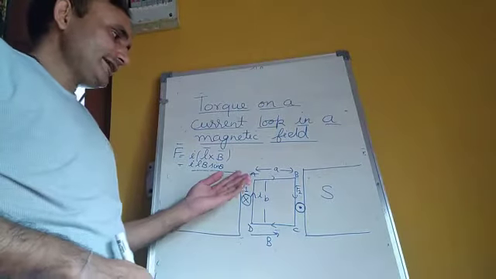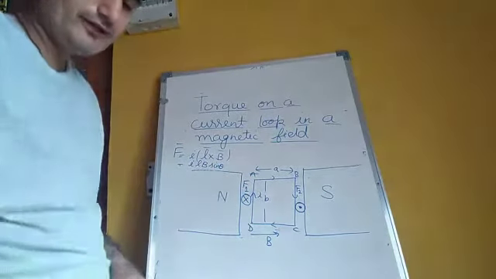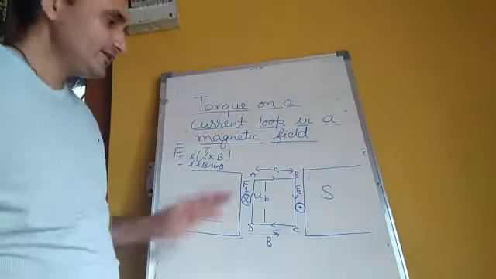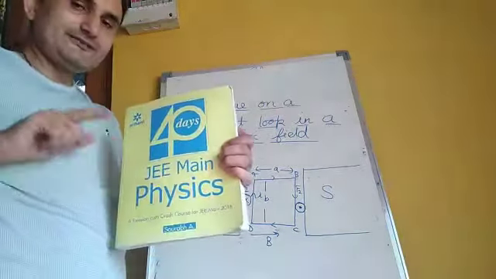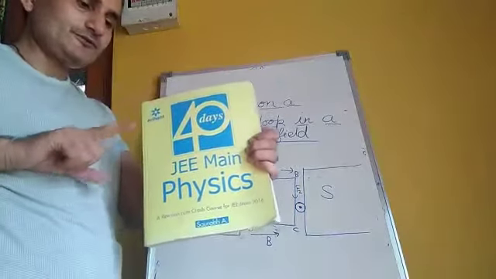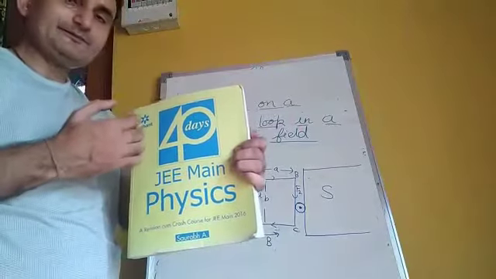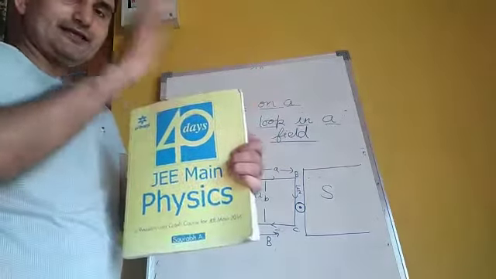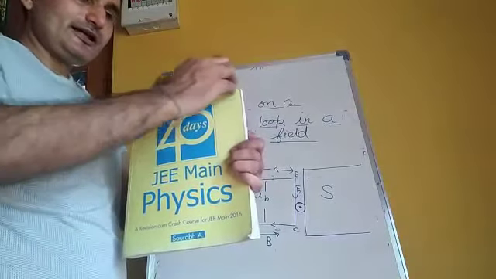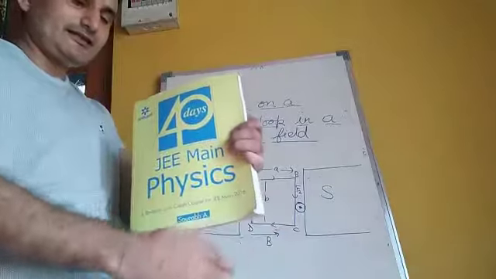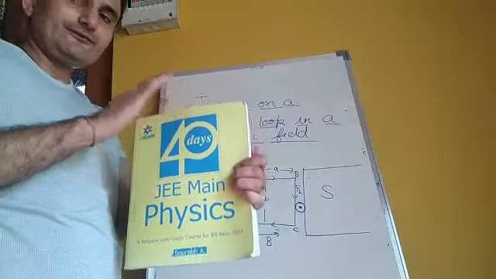Now let us take AB and CD sides. Now AB and CD sides, the situation of the figure is like this. The magnetic field is from north pole to the south pole, so it is in this direction, and the coil is like this, where A, B, C, D are the sides. In AB the current is upward and in this direction, and like this in other sides. So if I try to find out the force on this side,